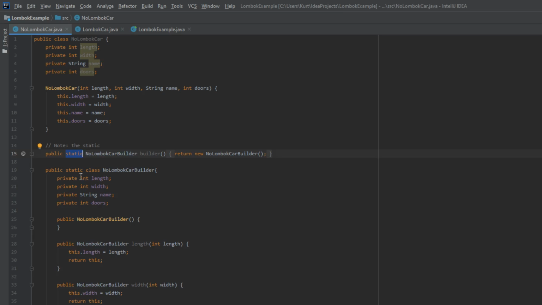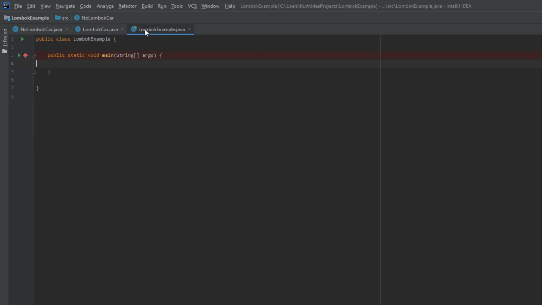Correspondingly, because this is static, the class of the builder has to also be static. So make sure that you do that, otherwise you're going to get some very strange errors in the future. Alright, with that, let's go into our main class, or main method here, and let's create a car builder. So no Lombok car